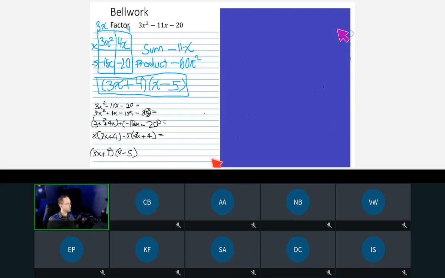My mouse is super laggy. Okay, I don't know, it's my computer lagging. Anyway,